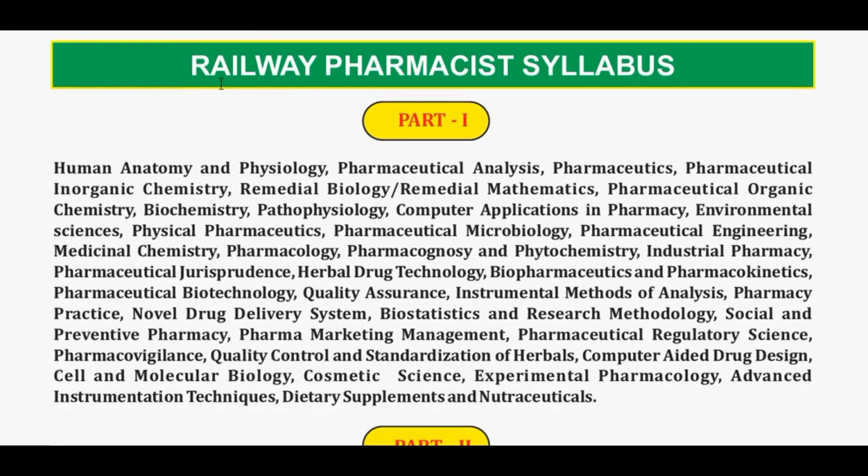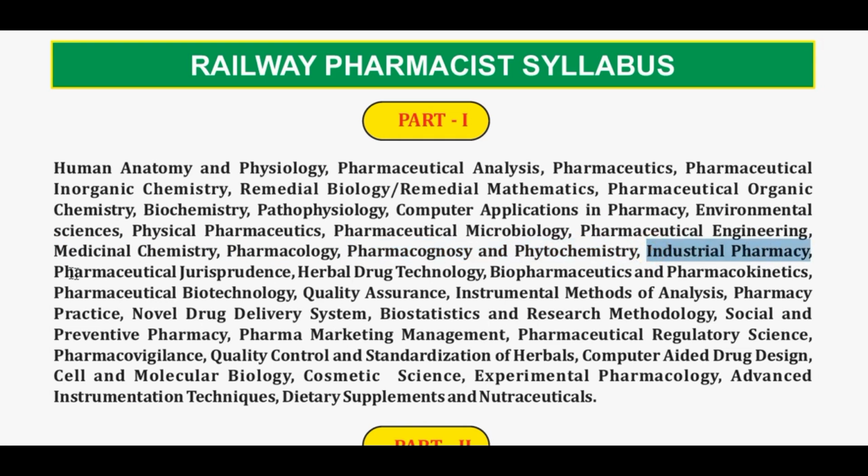So here is the syllabus of the Railway Pharmacist exam. There will be 2 parts. Part 1 is for the pharma subjects. Here: human anatomy and physiology, pharmaceutical analysis, pharmaceutical jurisprudence, pharmaceutics, inorganic chemistry, remedial biology and remedial mathematics, pharmaceutical organic chemistry, biochemistry, pathophysiology, computer application in pharmacy, environmental science, physical pharmaceutics, pharmaceutical microbiology, pharmaceutical engineering, medicinal chemistry, pharmacology, pharmacognosy and phytochemistry,